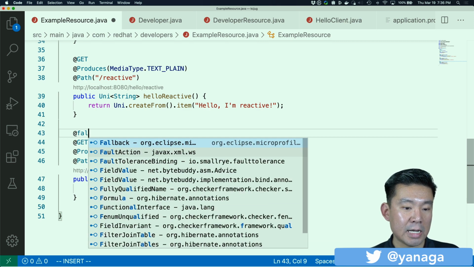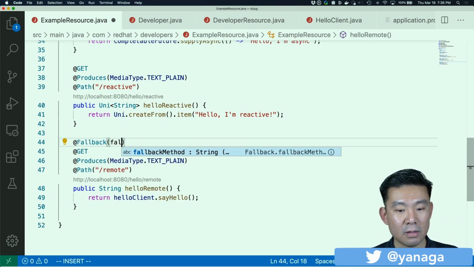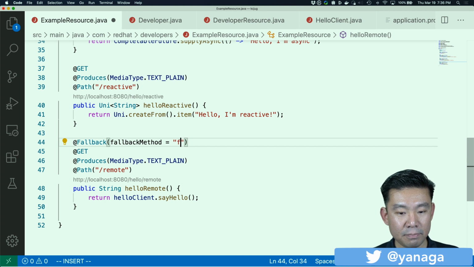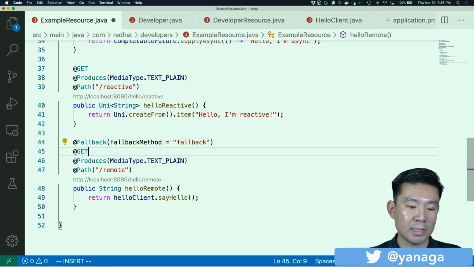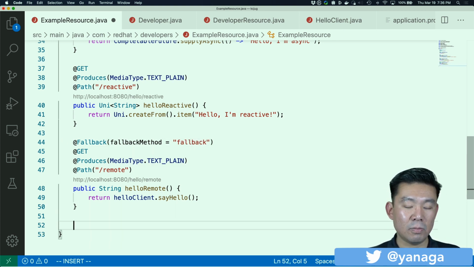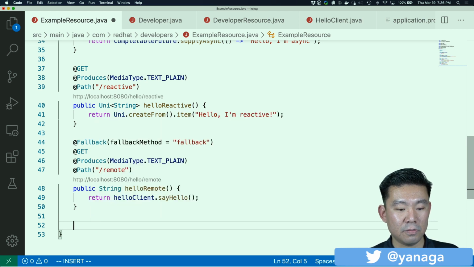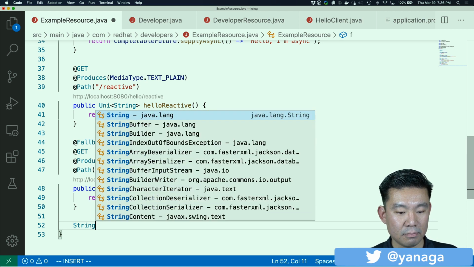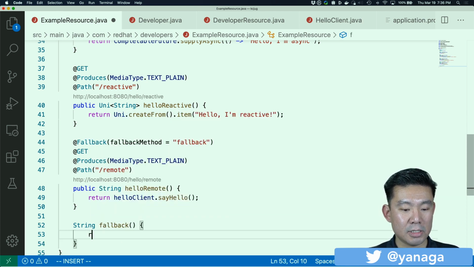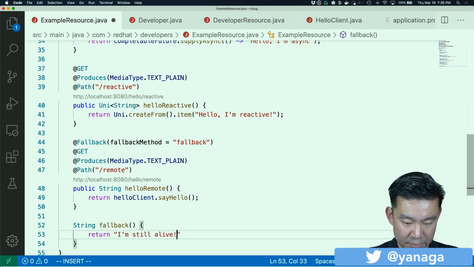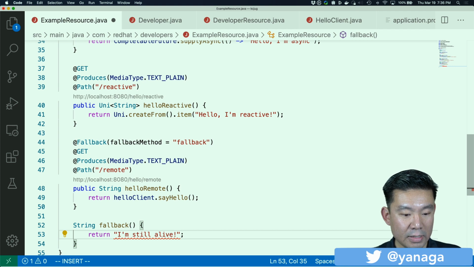I just add the @Fallback annotation, fallbackMethod, let's be original, fallback. And I create another method here, public String fallback, that returns "I'm still alive."